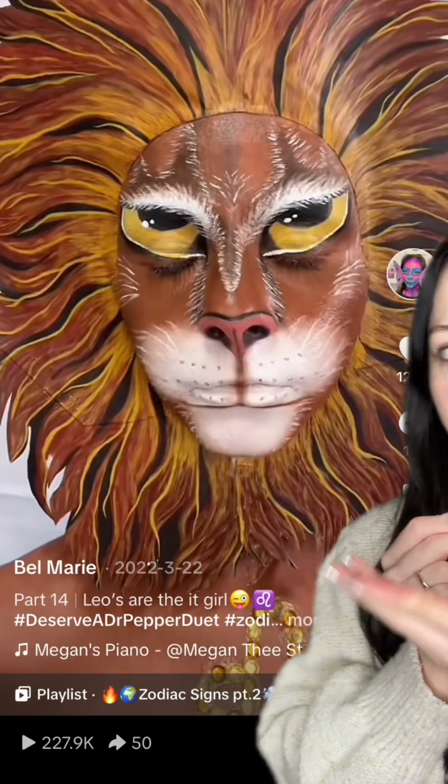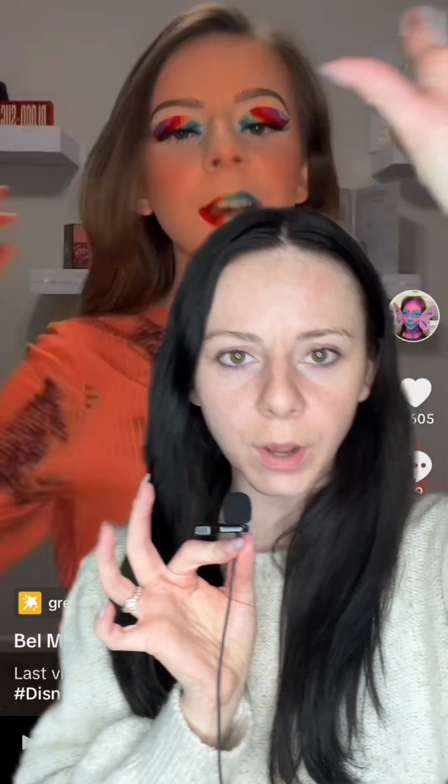This one was probably my least favorite that I've ever done just because I'm not good at realism. I'm really not good at crazy detail, like hair, fur. And I would say a 6. It's not bad. I'm not necessarily just rating the makeup because it's all rainbow and it matches the